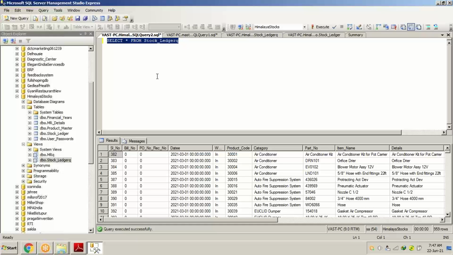SQL Ledger, we all know that it's a view combined from a few tables. That's why it has many columns and many rows. So we will do some experiments with it. What does this star stand for over here? Select star. Select means what? This is a command which we are writing. What does this command do? This command is going to